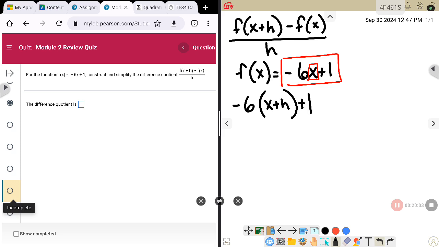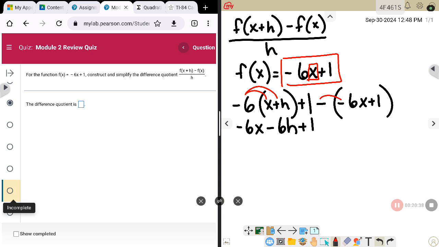The next part of the difference quotient is to subtract in parentheses exactly what the original function was, which is negative 6x plus 1. Now, we are going to simplify this. We'll worry about the denominator being h at the very end. I'm going to distribute the negative 6, which gives me negative 6x minus 6h, bring down the plus 1,